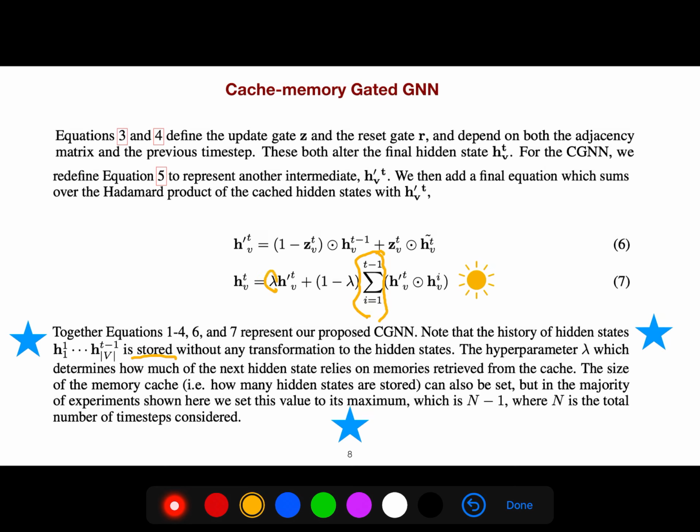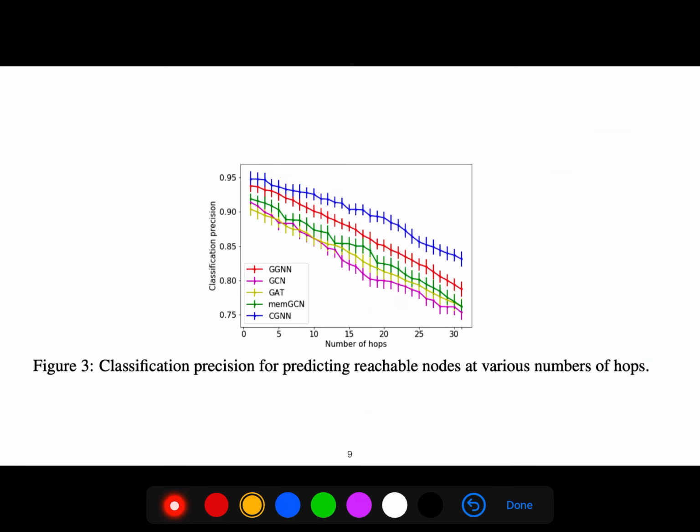And there is a hyperparameter lambda here that shows how much of the next hidden state relies on memories retrieved from the cache. For example, if lambda is 0, then everything relies on your cache. Cache is the winner. When lambda is 1, this term becomes 0, so the remaining thing is the classic gated GNN. And you see that it has a higher precision. Memory graph convolution and also the gated